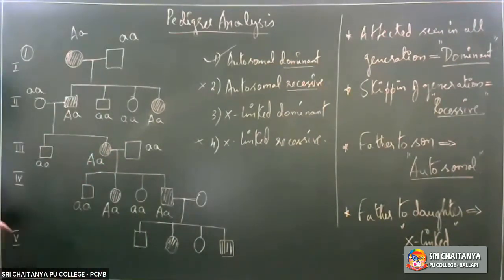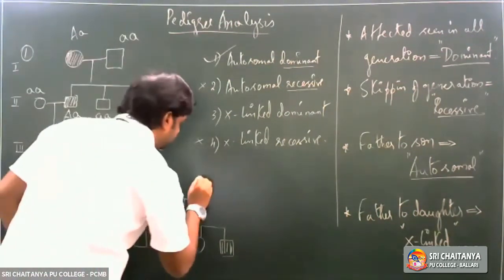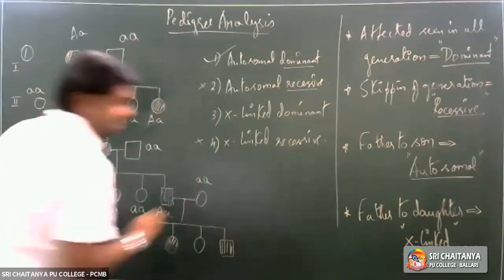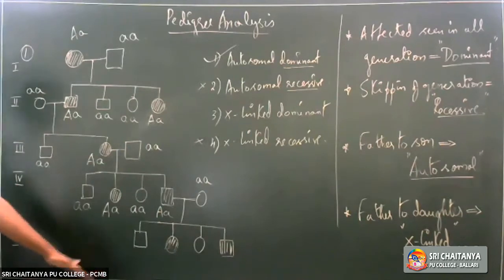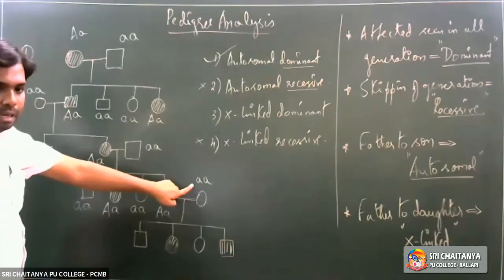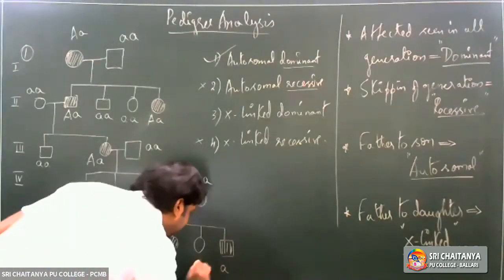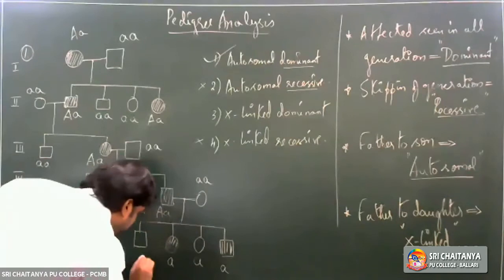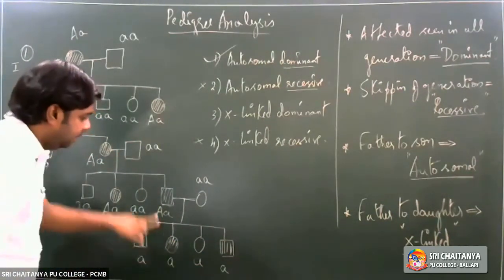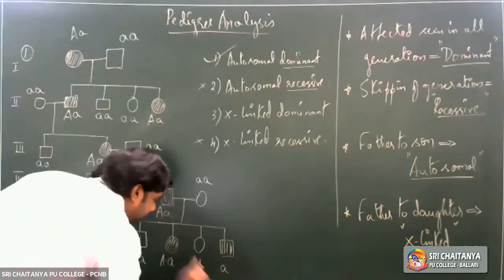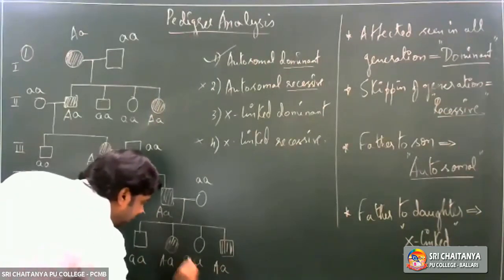Now this affected son again marries a normal female, so the condition is a recessive condition here. The genotypes in the last generation will be as follows. Since the mother is recessive, or unaffected, she will give recessive alleles to all her children. And what will the father give here? Since two children are affected here, the dominant allele will come from the father here and here also, whereas in the other case, a recessive allele will come.